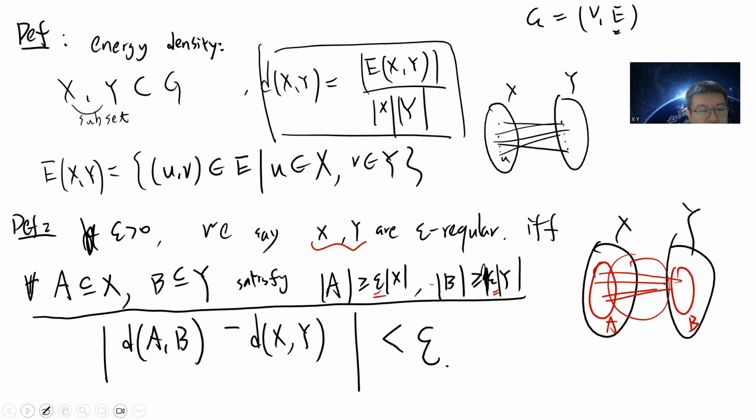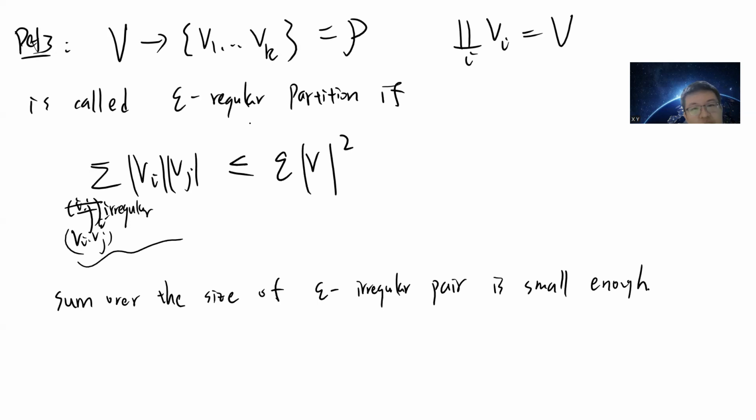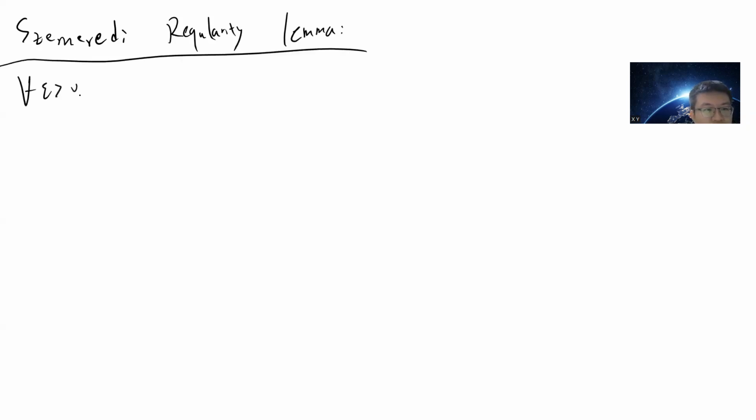Okay, so now we have three definitions, right? One is called the energy density, which is simple, and then we have the epsilon regular pair, and we define the epsilon regular partition by summing all the irregular pairs. Okay, so let me just write down the Szemerédi regularity lemma. It says the following: for every epsilon greater than 0, there exists